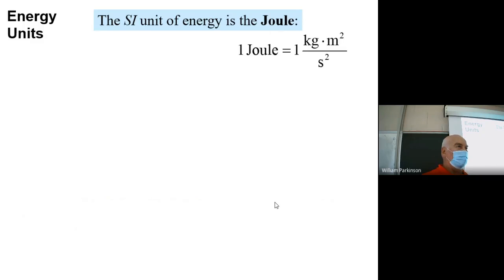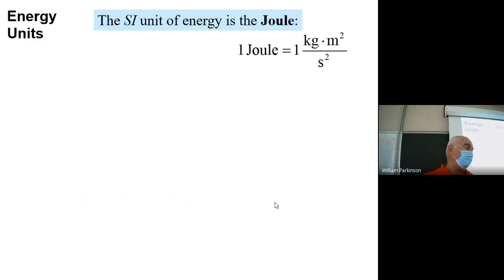The base SI units, which energy is a combination of, are mass, length squared, divided by time squared. So joules of energy can be measured, and that's the basic SI unit, using mass, length, and time in the